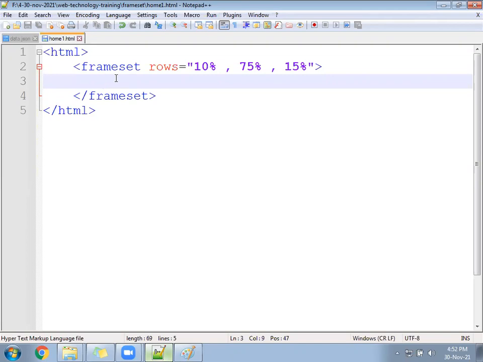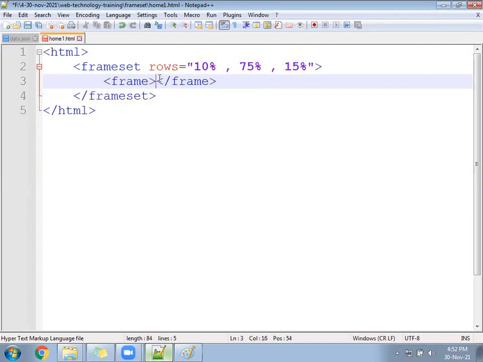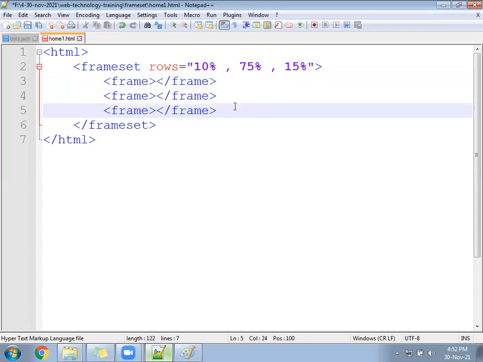Okay. Now let's follow a tag here called FRAME, frame, open and close. Open, close, 3 times.